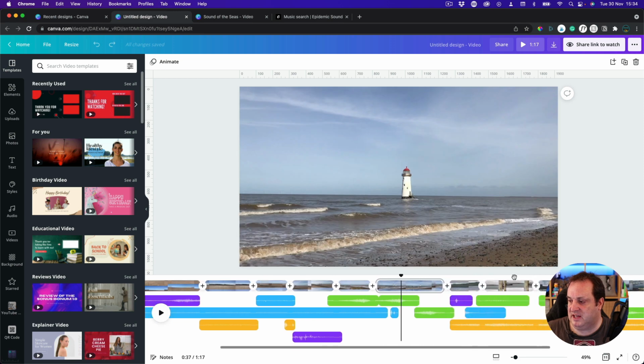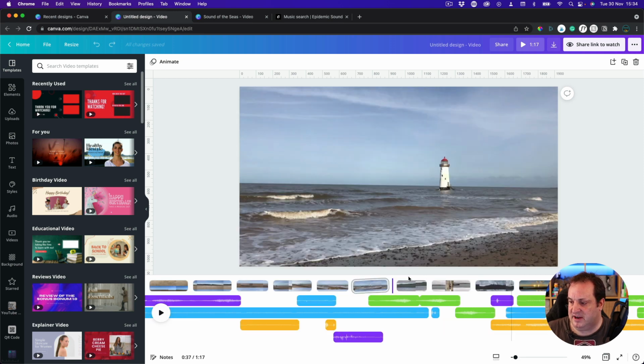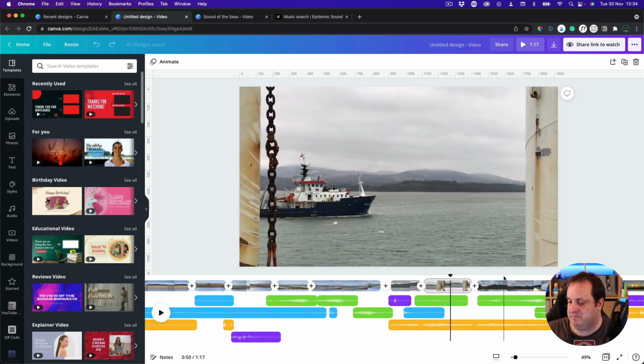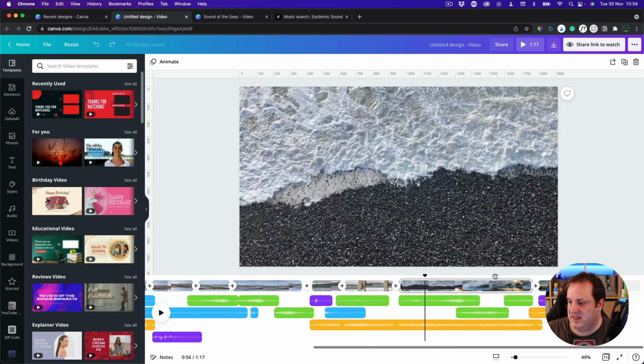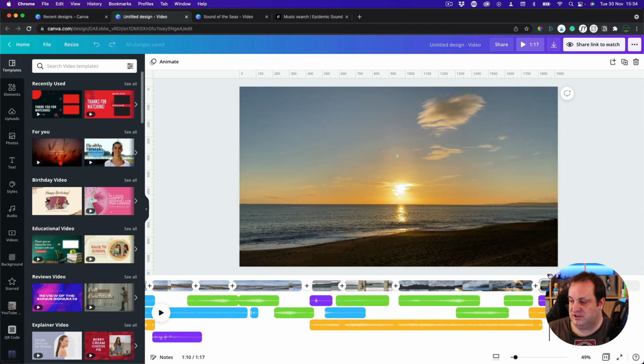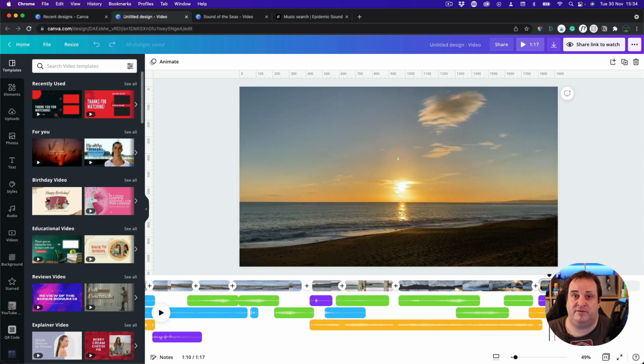We've got this lighthouse here, and then I switched to a slightly grayer overcast day where I've got this boat coming past, and then we've got this shot here. I really love this shot of how the ocean can be so powerful against the cliffs. And then also, just to finish off the mood, we've got a lovely sunset over a nice calm ocean,